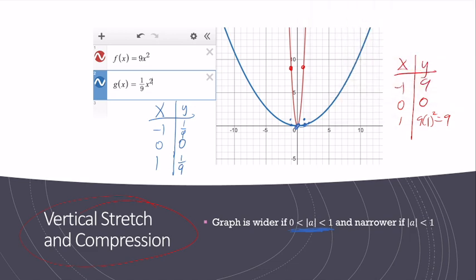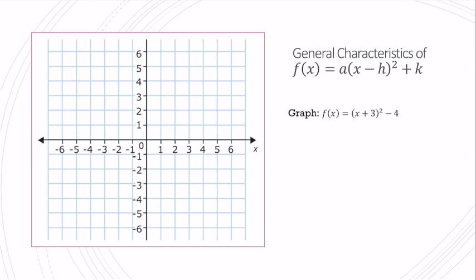So let's bring it all together. I've got f of x equals (x plus 3) squared minus 4. So this shifts my graph down 4 and left 3. So if I have my original vertex,